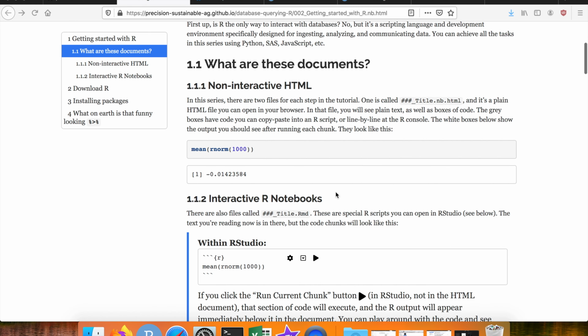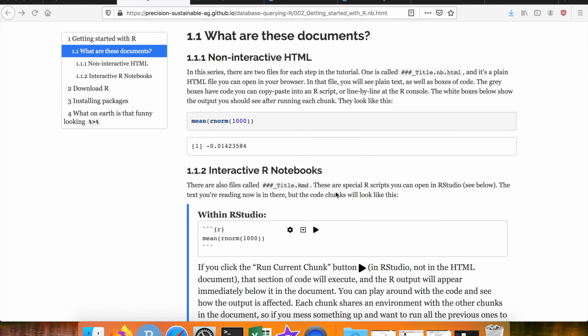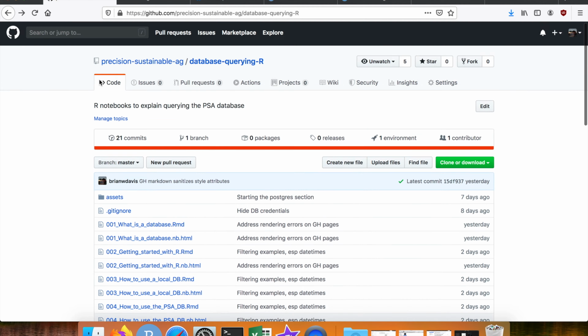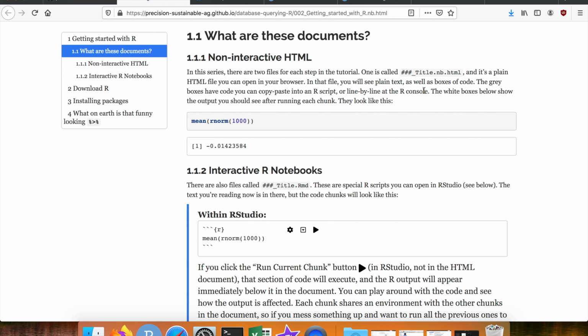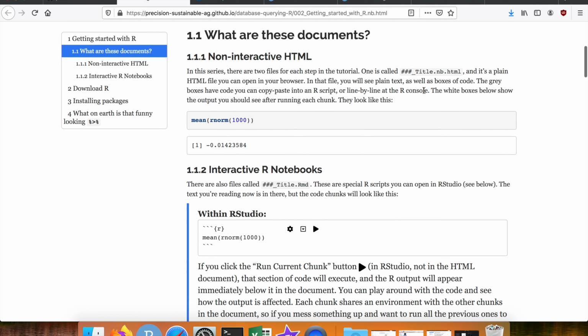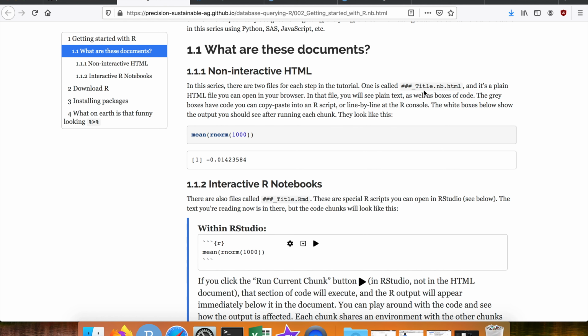So first off, what are these documents that I'm reading? So far in this one and the last one, it looks like I'm just looking at a web page. If you go to the GitHub repository, you'll see that for each one of these pages, there is a file called .rmd and a file that ends in .html. So the HTML pages are what you're looking at. You just open it in your browser, it's a static page, it's nicely formatted, and it has these code chunks